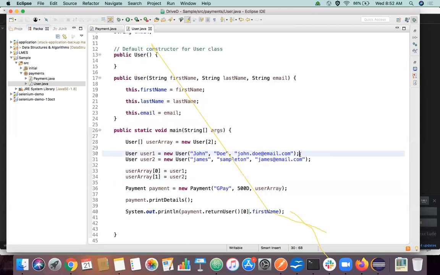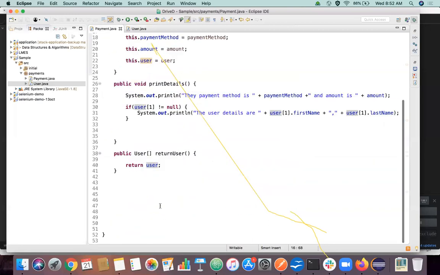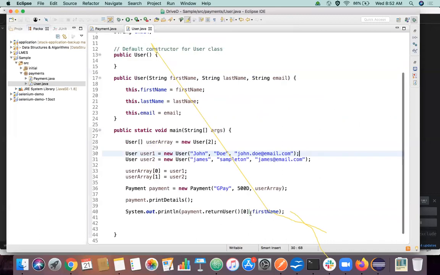So when we are calling the returning-object method on the payment class, there we have written user 1, where we are calling user 0 first name. So the first array element's first name would be called, that is John, right? Yes. So it's kind of clear, right?